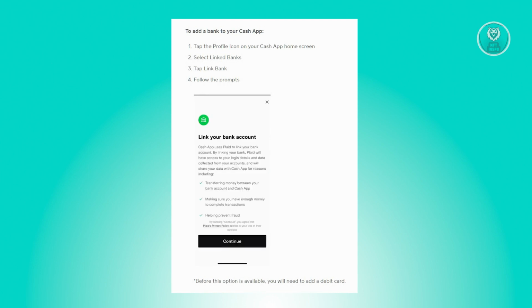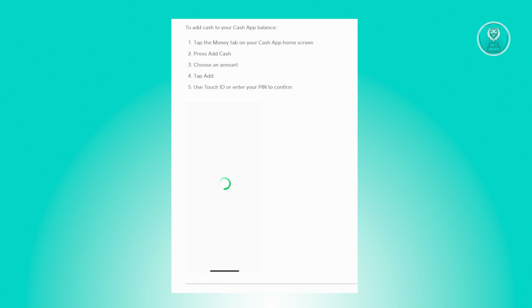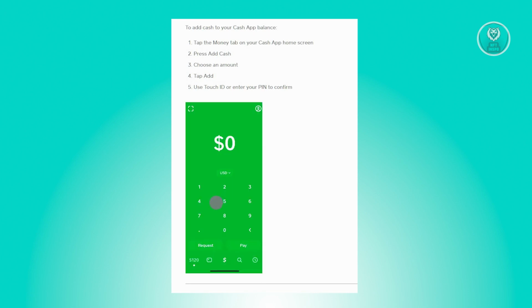Now, once you've connected your account, the next thing that we can do here is to cash in. Now, to start the transaction, first thing is you want to go back to the home screen for Cash App and click on the Money tab. Now, from there, just click on the Add Cash option, and from there, just enter the amount that you want